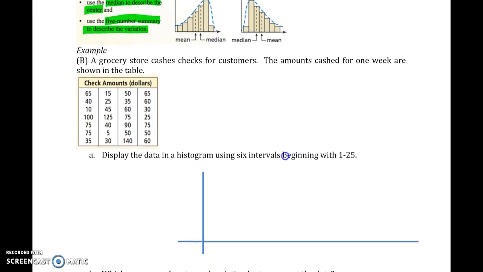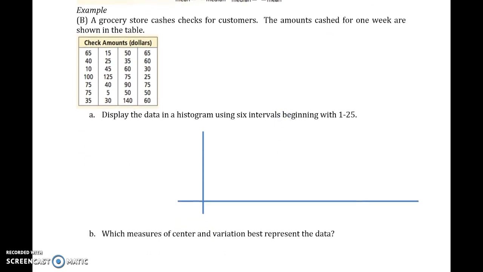So in example B, what's interesting here for us is, notice I don't have a frequency table for you. So what you need to do is think about how you are going to make your frequency table. Part A is telling us we want 6 intervals beginning with 1 to 25. So let's make a frequency table using these intervals. All right, so we're looking at check amounts,